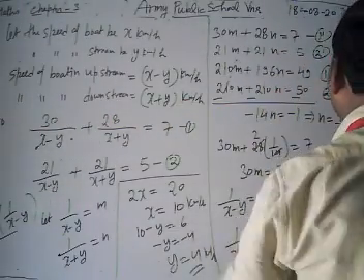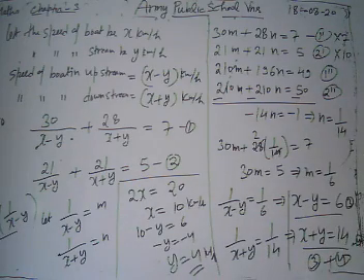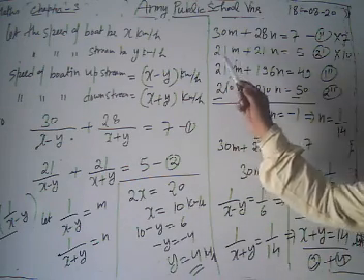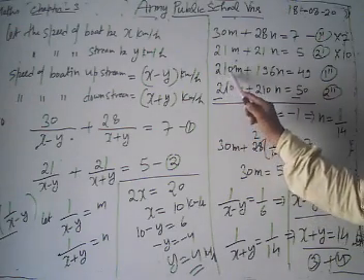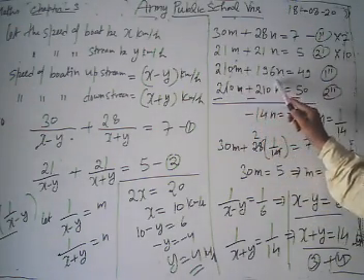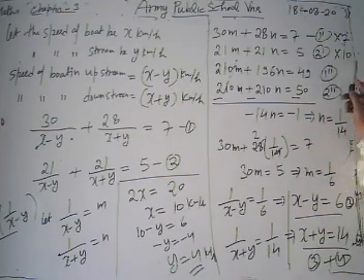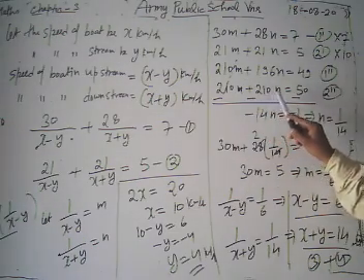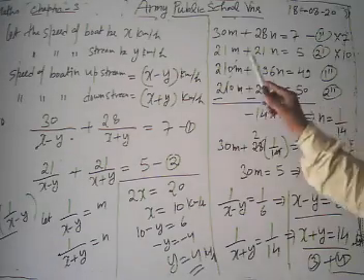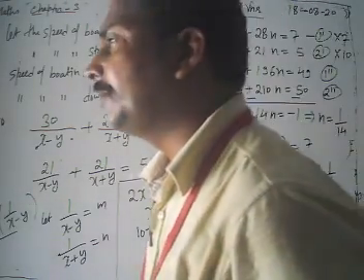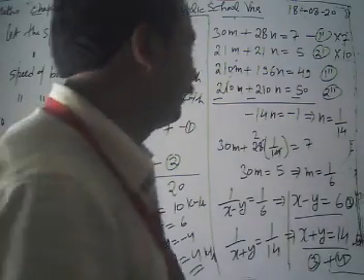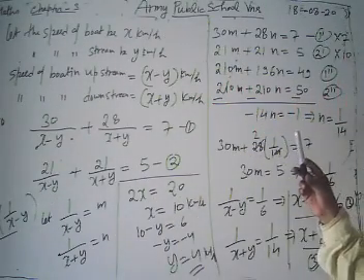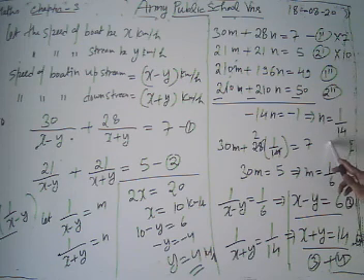Multiplying equation 1 by 7 and equation 2 by 10, the coefficients of m are equal. We get 210m plus 196n equal to 49 and 210m plus 210n equal to 50. Since the signs of the m terms are the same, we are going to subtract. Then after subtraction, what do we have? We get the value of n is 1 by 14.